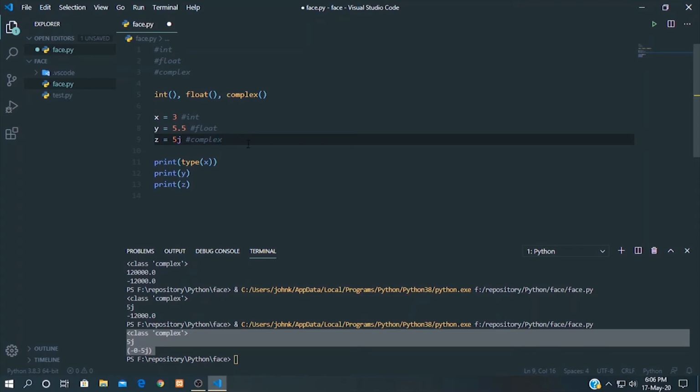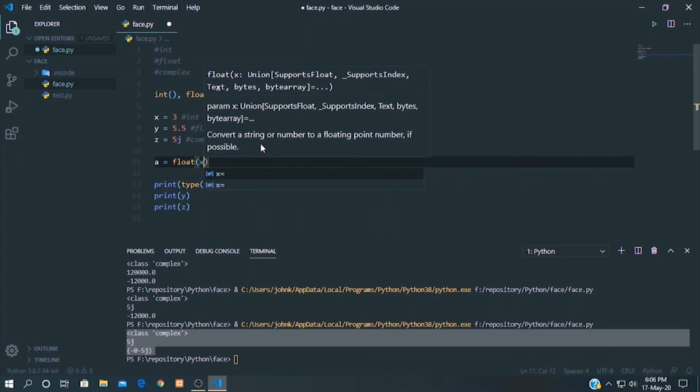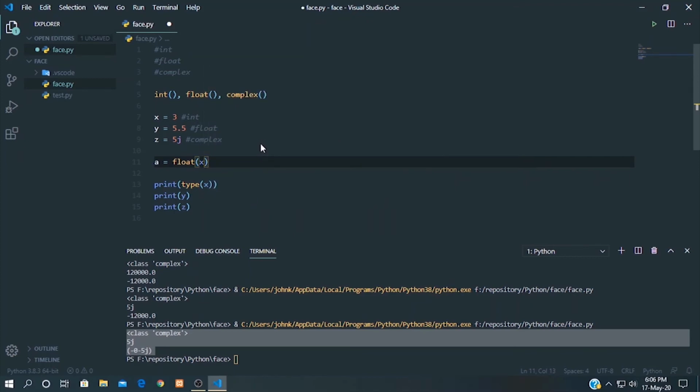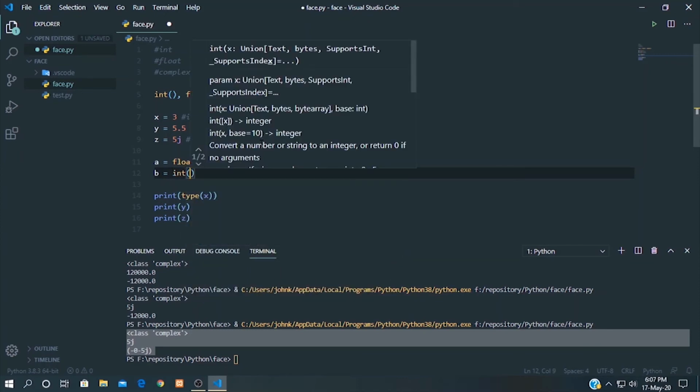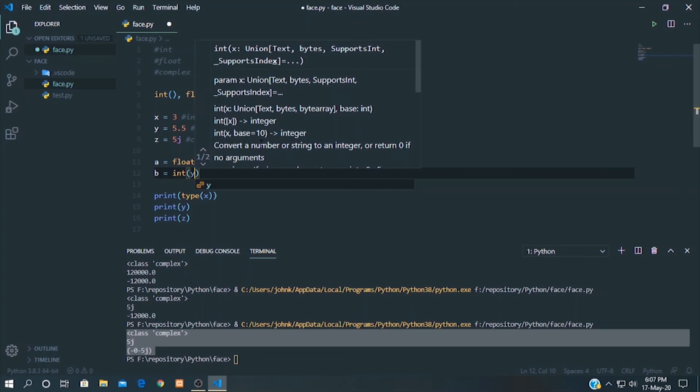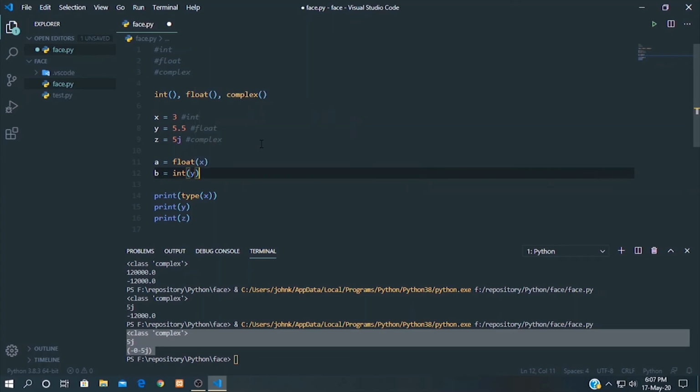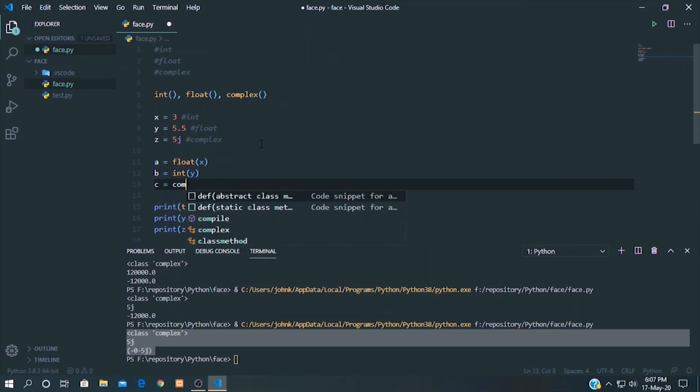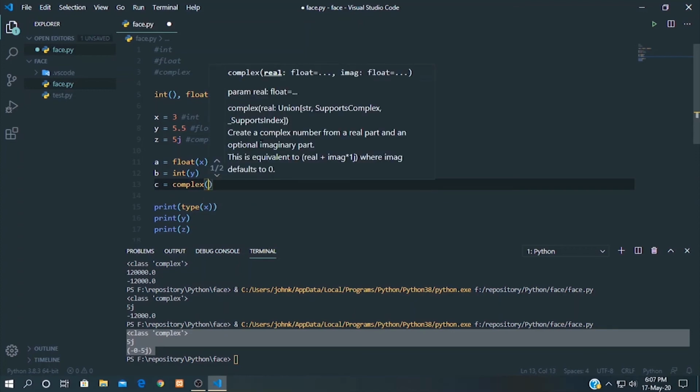Now let's convert the integer x variable to float. Let's create another variable a. We are converting integer to float, so we need the float function, float and x. B, let's convert float to integer, so we'll take the integer function, with the float value in the y variable. Now let's convert integer to complex, integer x.